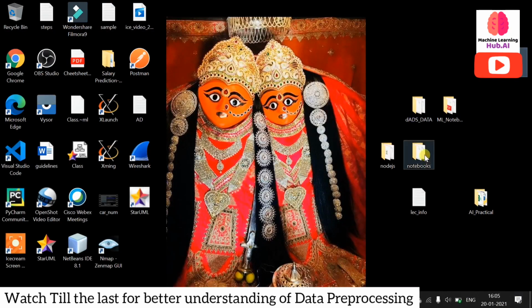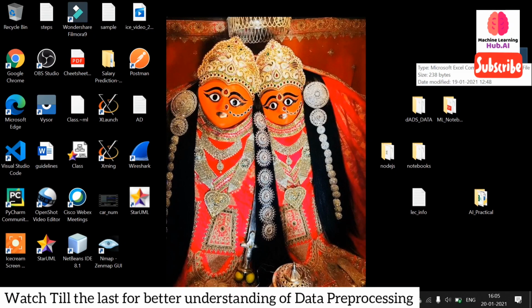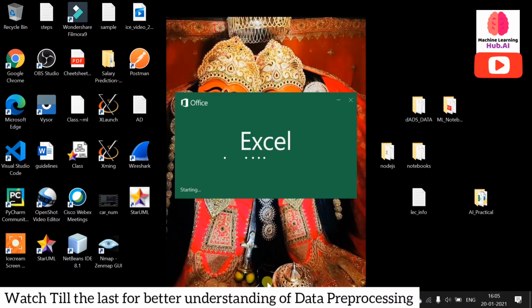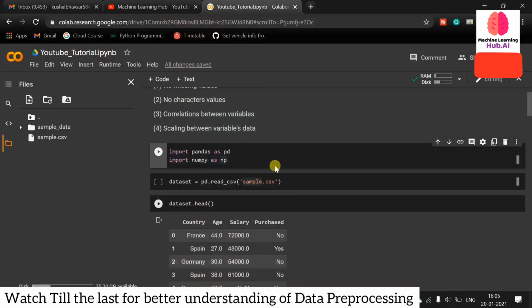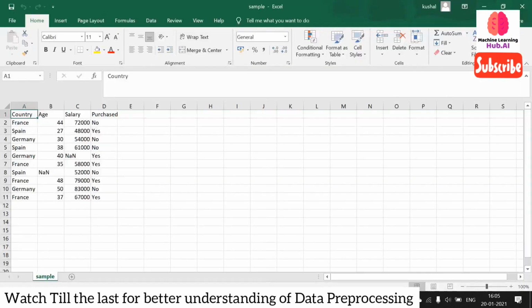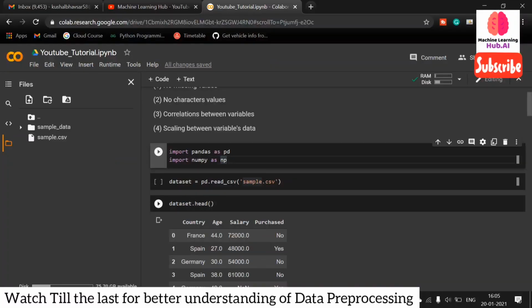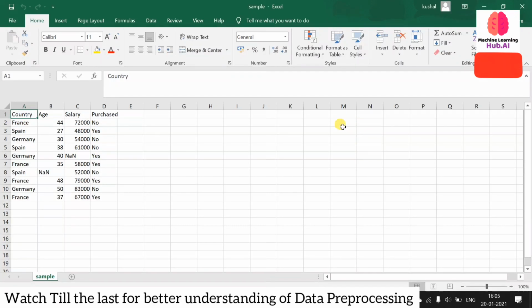Okay, so let me open this data set in Excel also. What you need to do if you are a machine learning engineer doing the job: just assume that your HR or higher authority mailed you the data and told you to create a machine learning model on this data. Your situation will be the same. So the first step is to open your data in Excel and understand what the data wants to tell you.